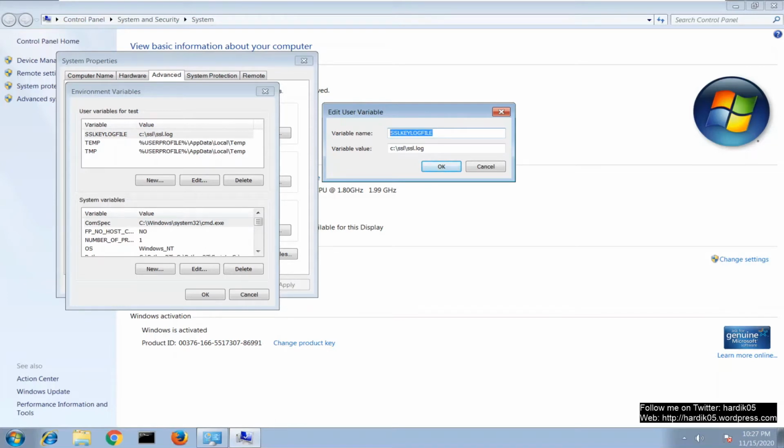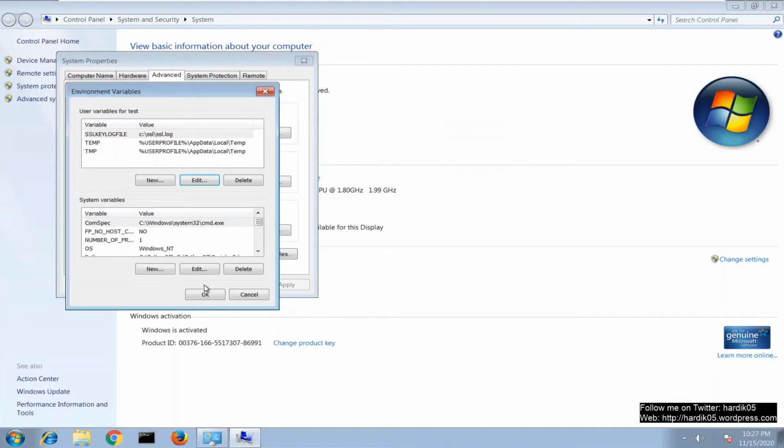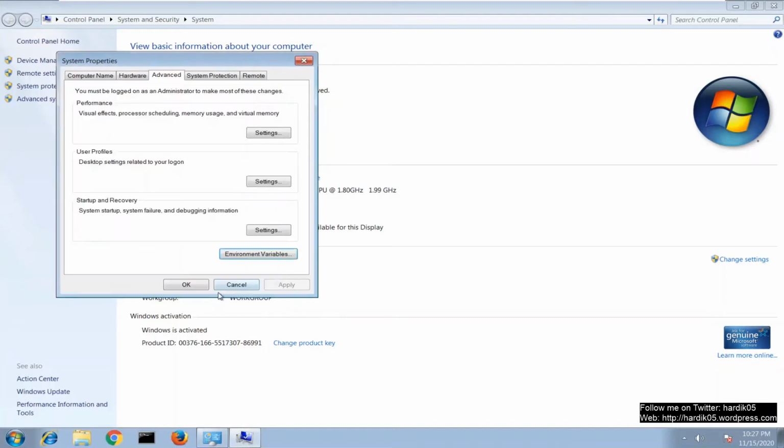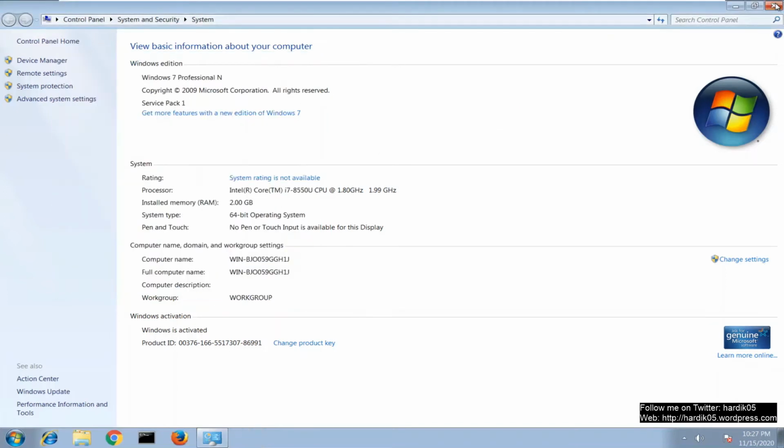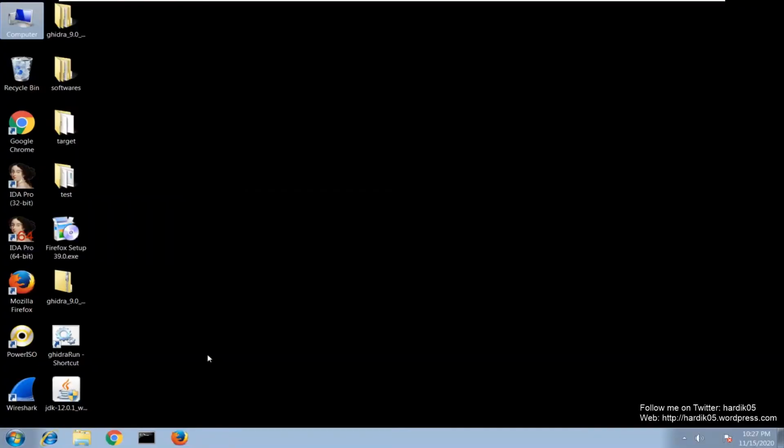Just for simplicity, I have given it as C drive, SSL folder, and inside that ssl.log file. So my file will be generated over here, and then just click on OK, and that's it. This feature is supported by Google Chrome and Firefox.